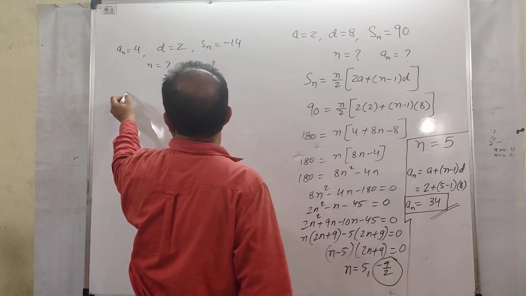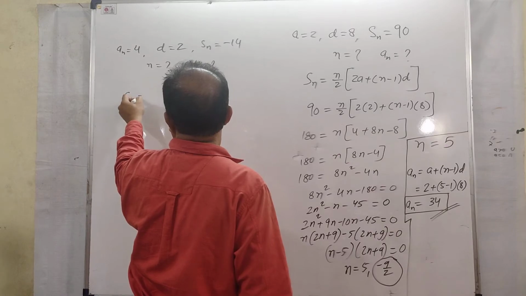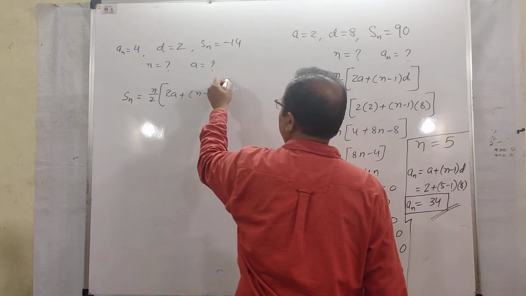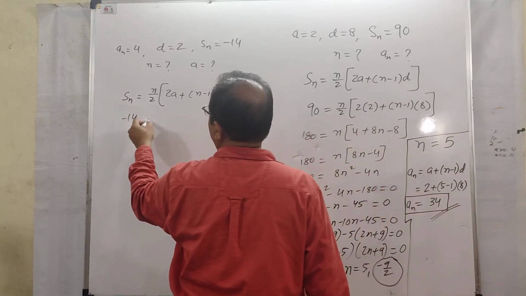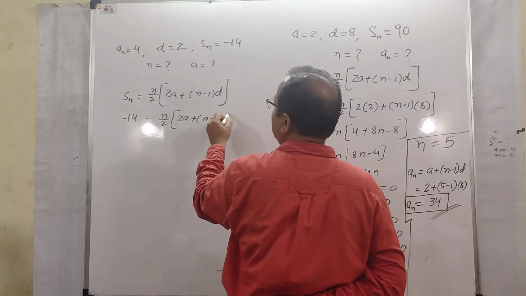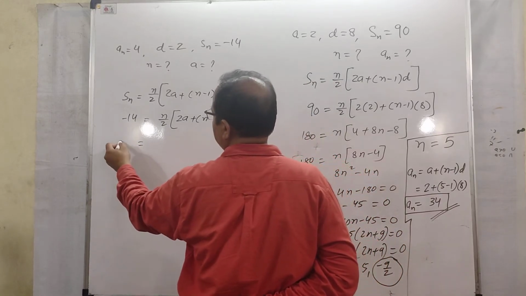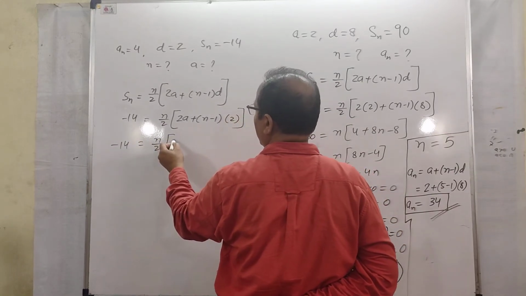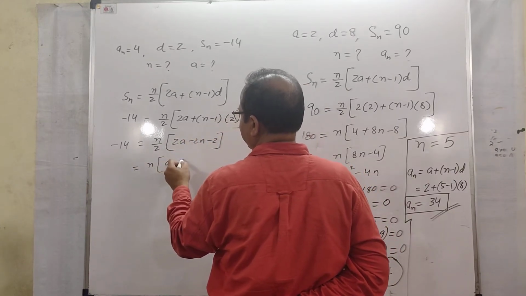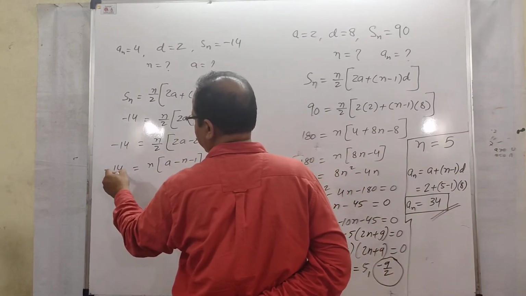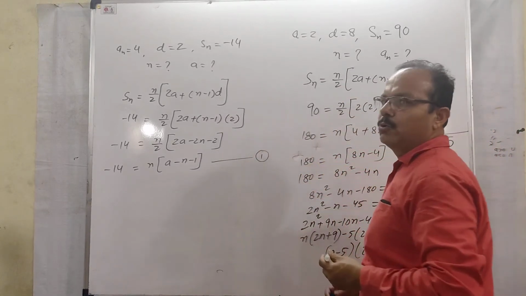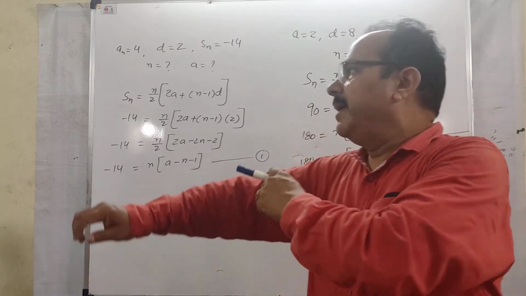So first of all, the value of Sn is n upon 2 into 2a plus n minus 1 into d, because here the unknowns are more. a is not known, n is also not known. So there are two variables in this equation which are unknown. So in this way, one equation you will be getting, because two unknowns are here, you can't take the value of any of the variable.